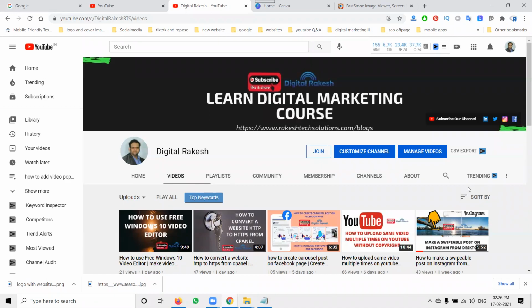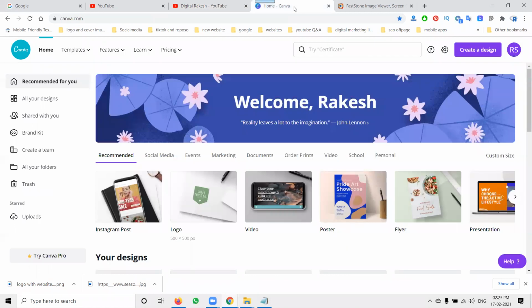So guys, I'm going to discuss a very important topic. If you are making a lot of images, we can use a watermark. To add a watermark to each image, we can use Canva, which is a preferred option. But how do you add a watermark to multiple images at a time? Suppose you have 10 images, 20 images, how do you add the watermark?